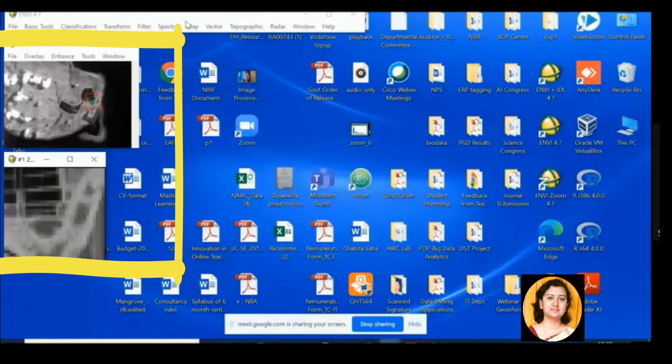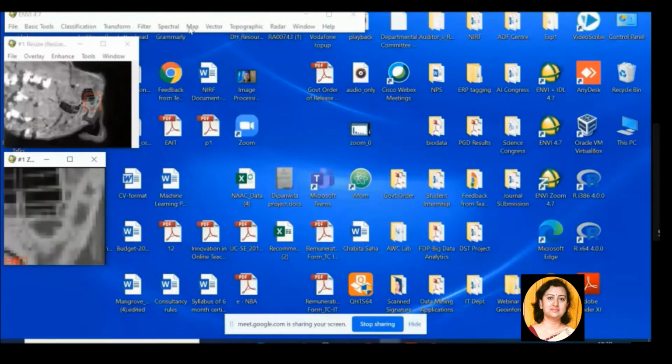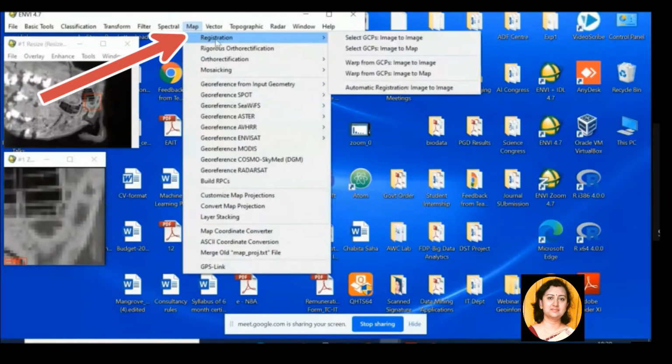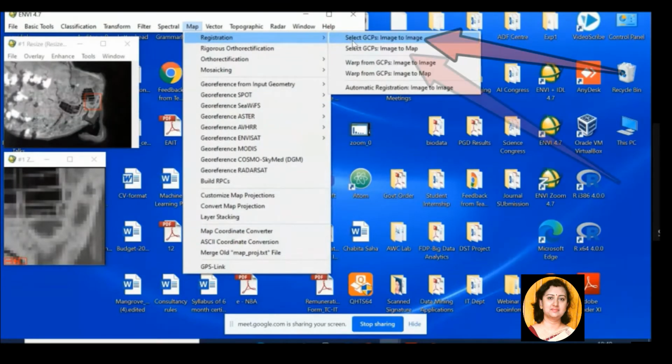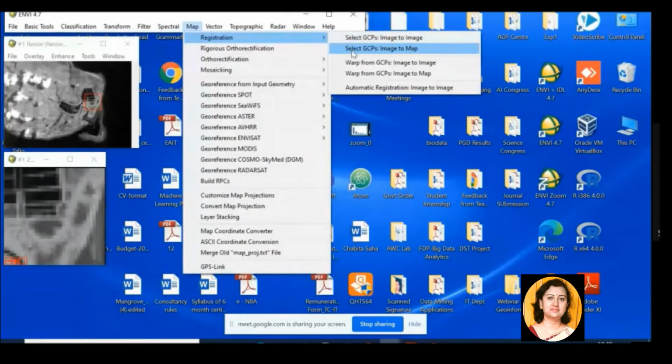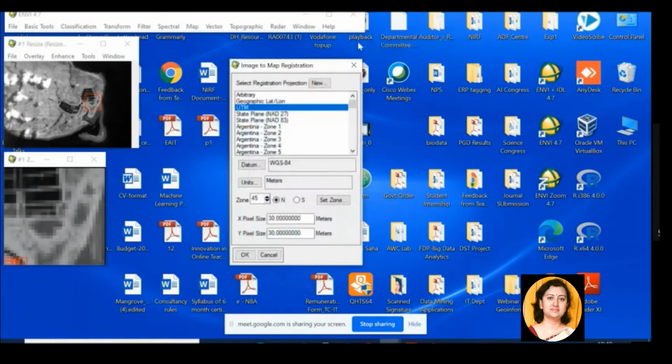Now, how is geometric correction done? You click on Map, Registration. Here you have to select GCPs: image to image, or image to map. Now you have to decide which method you want to apply. Now let us select GCPs image to map.